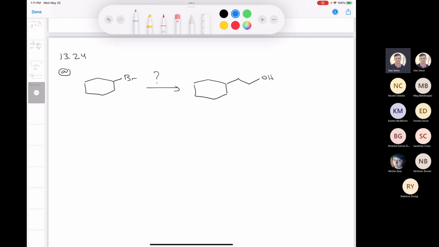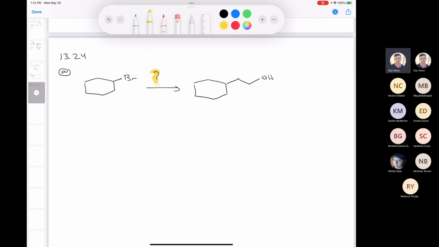So here we go. We're taking cyclohexyl bromide. So this is question 13.24a, and we're trying to make this alcohol. And all we need to do is provide some reagents. Nothing more than provide some reagents. But as you know, these kind of questions can be challenging. But I think, Emily, it's the best way to master the content. It's the best way to really get into this stuff and make sure that you understand what is